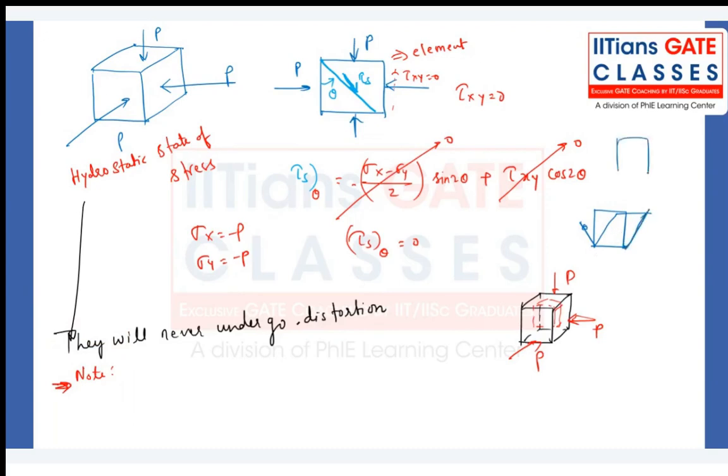Or if we have the deformation like this, something like this. These are the shape changes. This is only possible when the fluid element is subjected to some kind of shear stresses, right? This tau value. When there is no tau, see, tau s theta is 0, what does that mean? Not only on one particular plane, on any plane, it is independent of